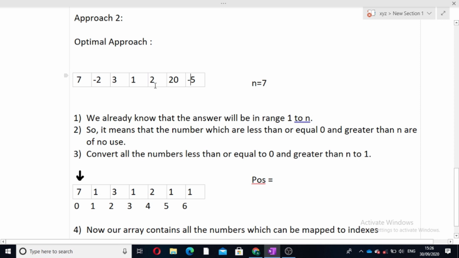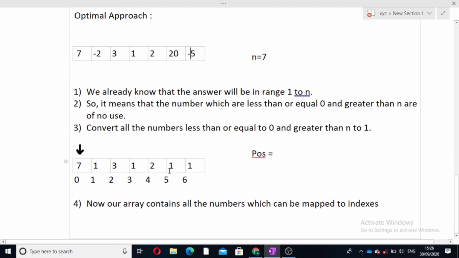So in this case, we will find these numbers in the array and convert all the numbers less than or equal to 0 and greater than n to 1. I will tell you later why I am doing this. So first we will convert these negative numbers and the numbers greater than n to 1.